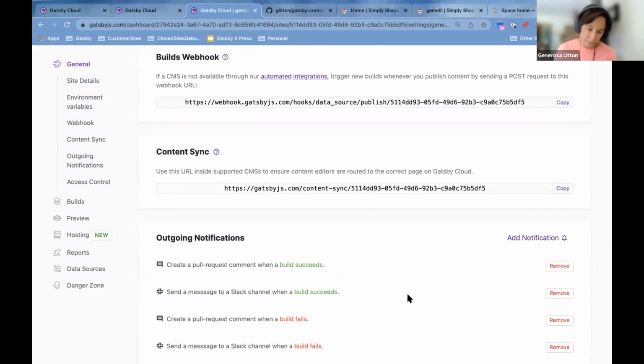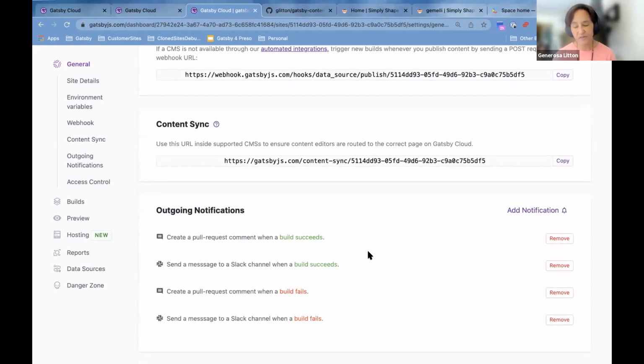A couple of things I want you to be aware of that a lot of my customers are not familiar with is notifications. This is a feature I really like to use, especially if your build times are a couple minutes long and you want to do something else while it's building. You can set up a notification channel like Slack or email to tell you, hey, the build succeeded or it failed. So that's something that I encourage you to explore.